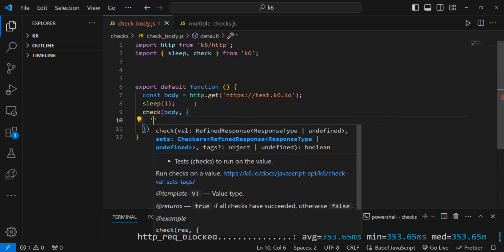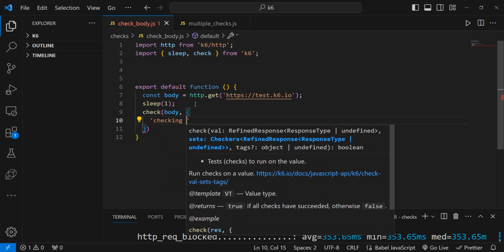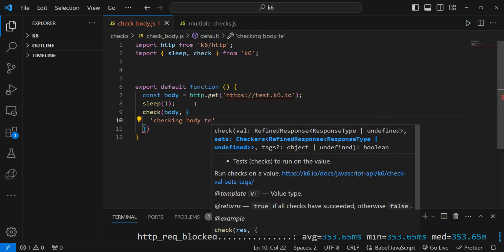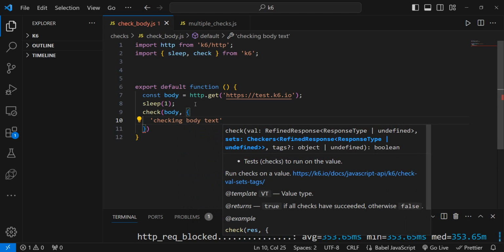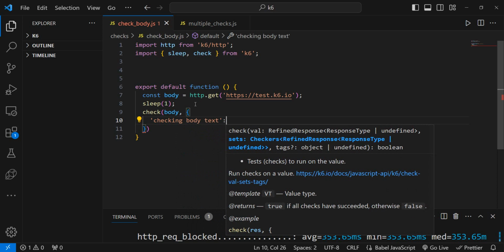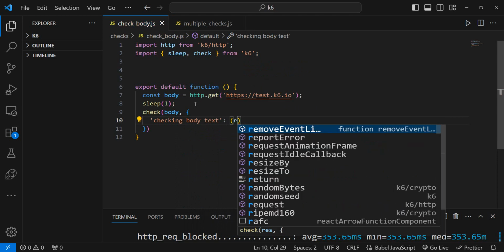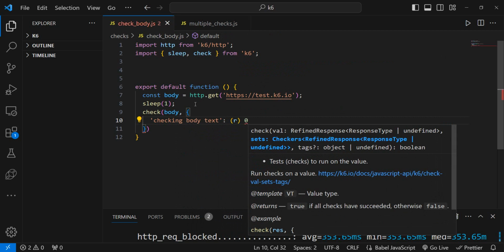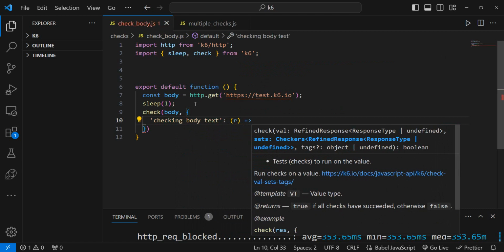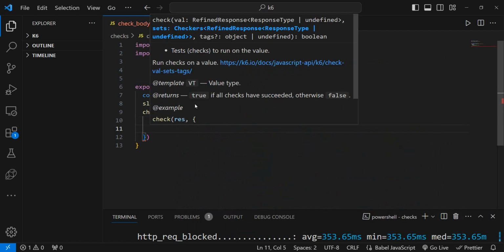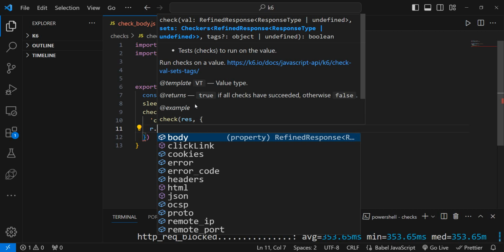and let's enter here "checking body text". Okay, and again the arrow function, and there we check for body,